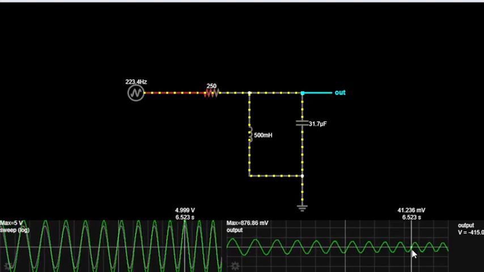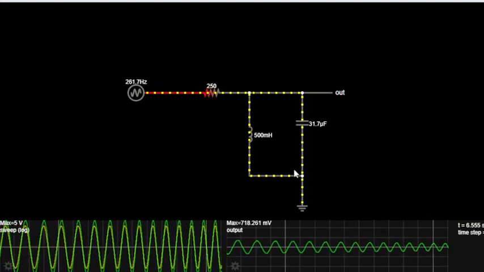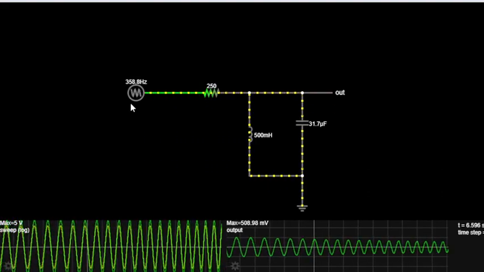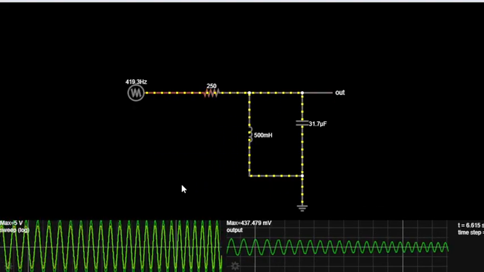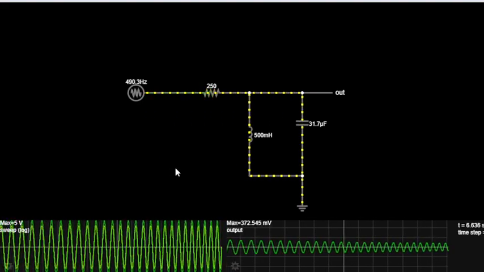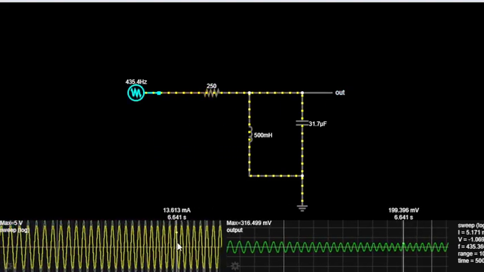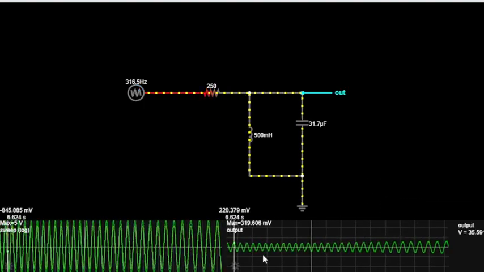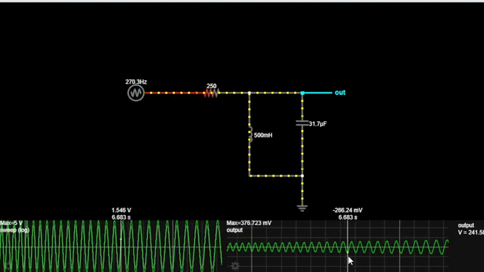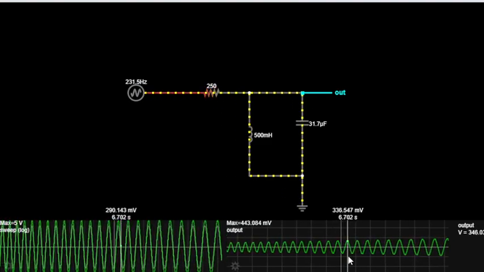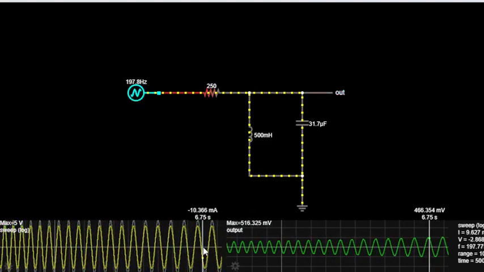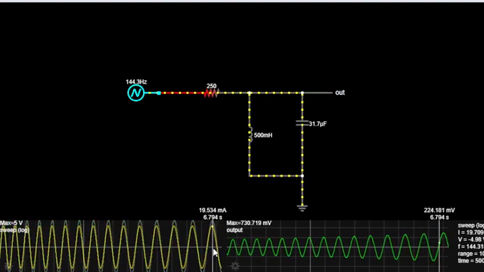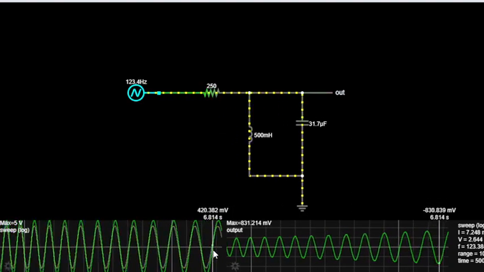And you can see one more thing, the sweep to different frequencies, showing how the band pass filter selectively allows a specific range of frequencies to pass through while others get attenuated. You can see here that now the frequency is changed to high, and it's not allowing the high frequencies to pass. And as the frequency decreases, it only allows the medium, you can say, between the low pass and